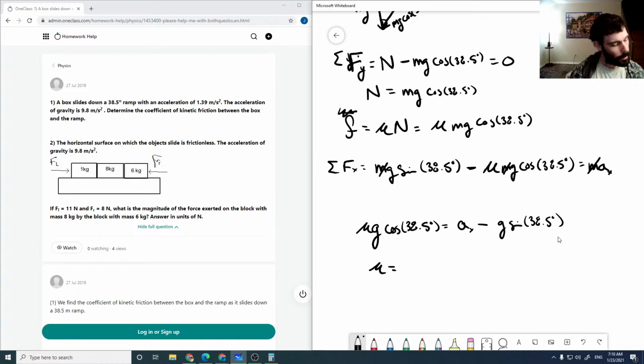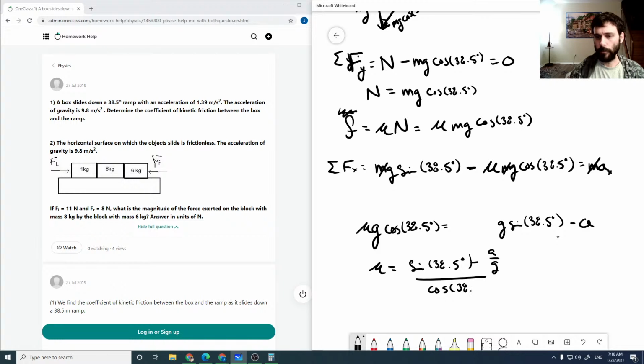We have that our mu is, that was my mistake here. It should be minus a. So mu is sine of 38.5 minus a over g, all over the cosine of 38.5,